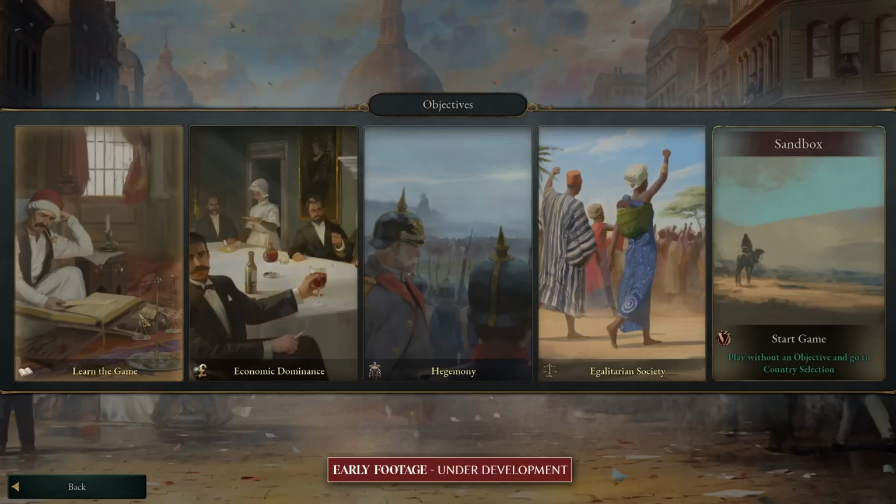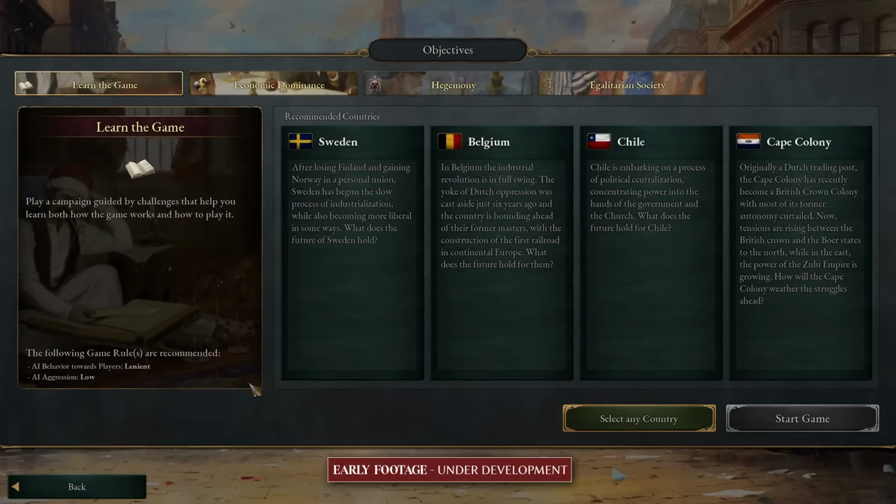When you start your first game, we suggest that you pick Learn the Game as your first objective. That's a tutorial we just learned about. The other objectives are there if you need a sense of direction or if you just want to see what they're about. Each objective has a number of journal entries that it will provide or might provide during the course of the campaign, with the completion or failure of some journal entries unlocking subsequent ones. This system is invisible to you as a player until the journal entries arrive. If you're a modder, though, you'll be pleased to know that you can use this system to create entire campaign modes that can be as open-ended or tightly scripted with branching narratives as you like.